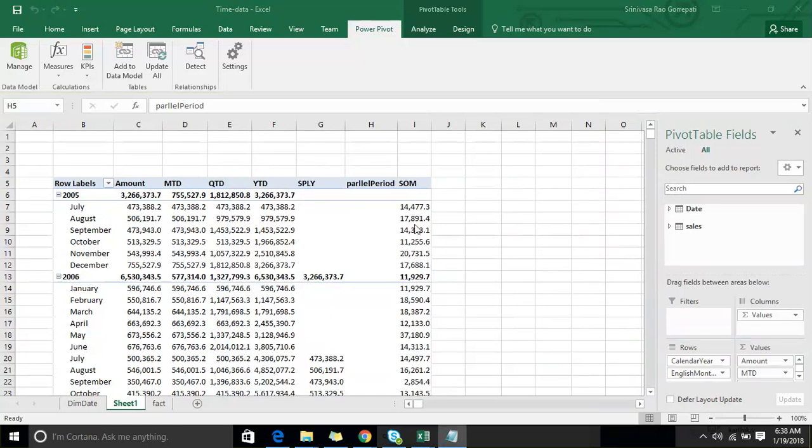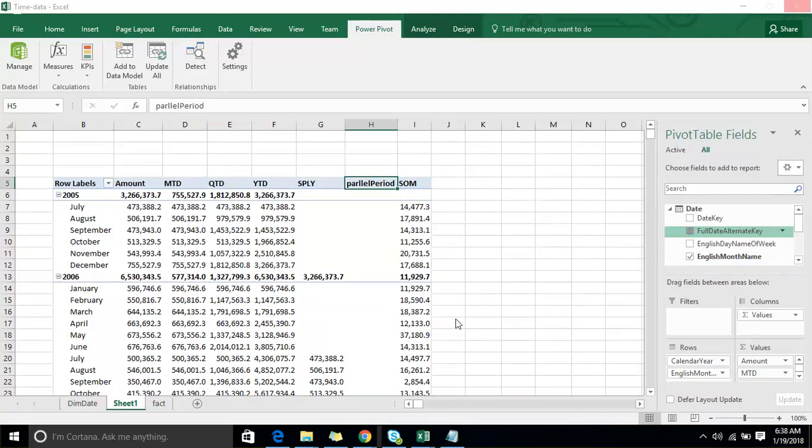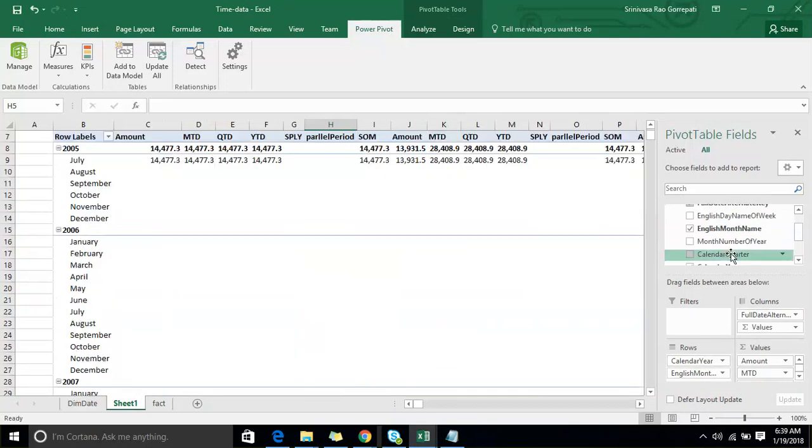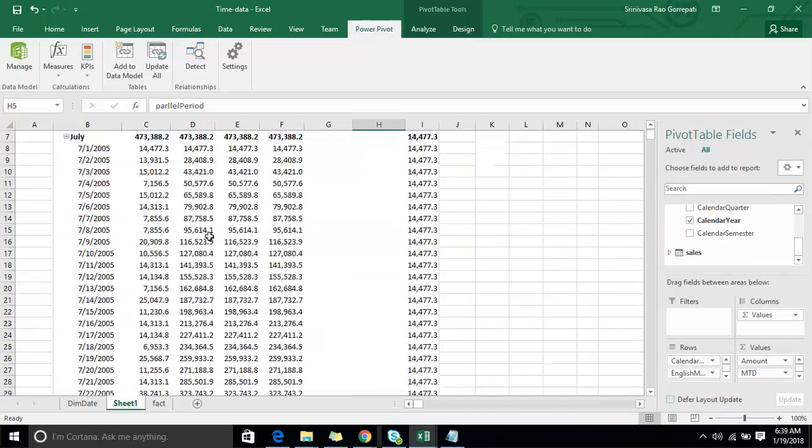It is giving 14, 17, 14, 11, 20, right? You are seeing it at a month level granularity. You are not seeing the dates. That's why it is not giving. But if you expand, if you add that date, you can see that